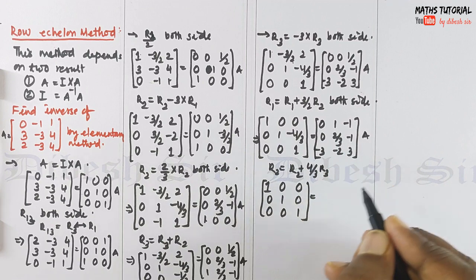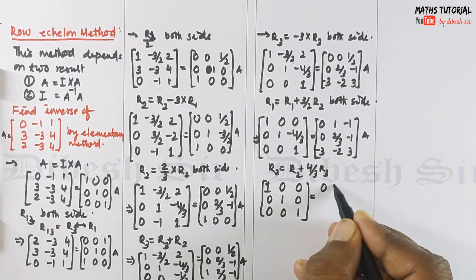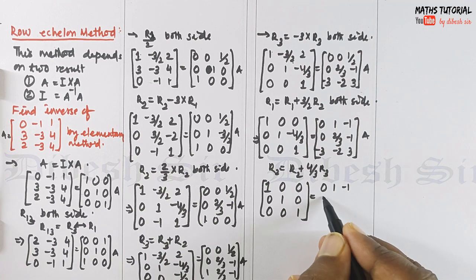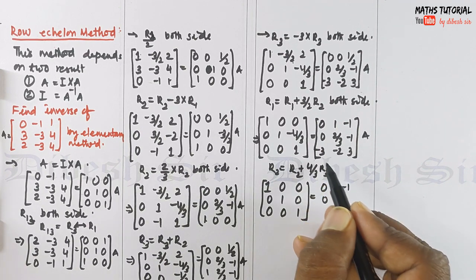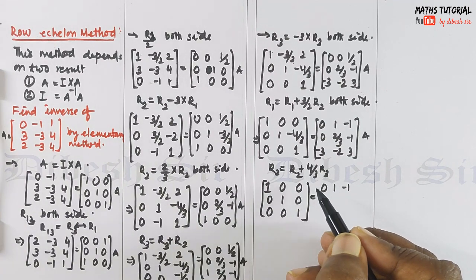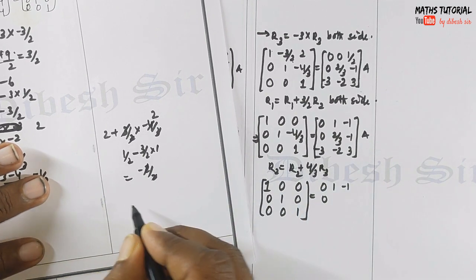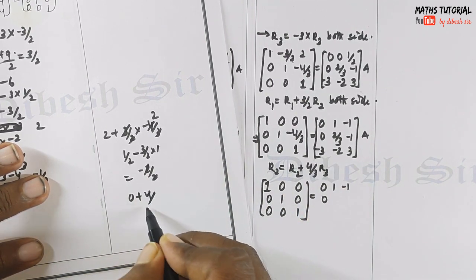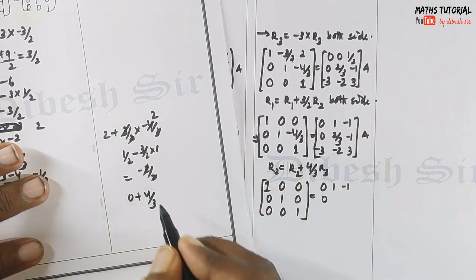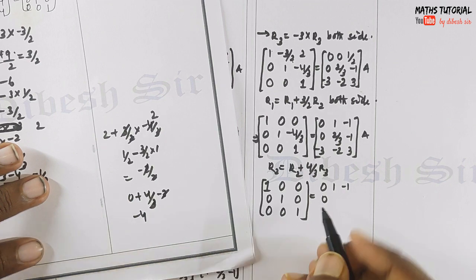Now this converted into R2 means 0 1 minus 1 0, sorry, R2 0, check it properly, that is R2 means 0 plus 4 by 3 into R3, that is minus 3, so minus 3 cancel out, that is minus 4, means this